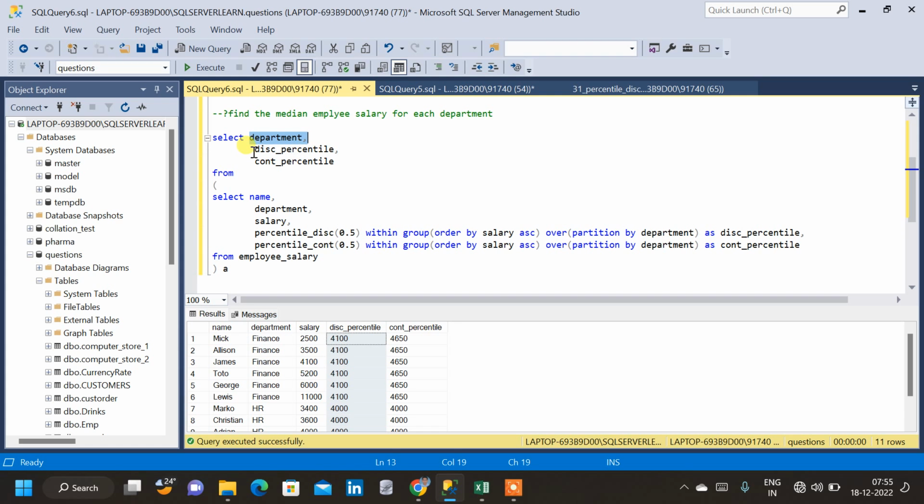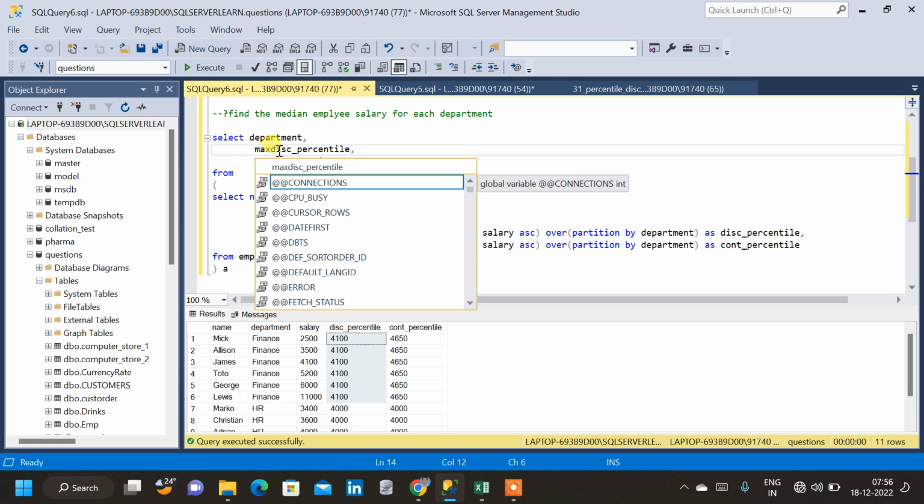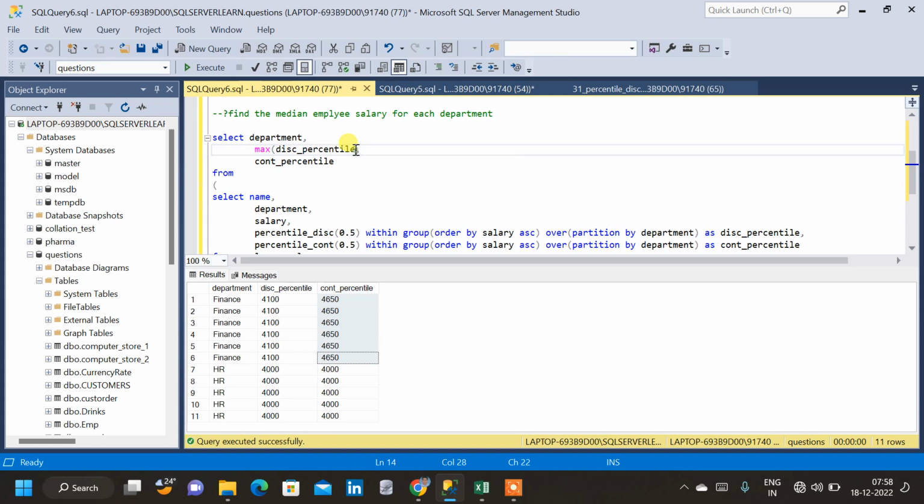So here I am going to use an aggregate function, that is max, because either way for a department, if we see the subquery result, we can see that these results are the same for a department. So even if I am going to use max or min, it doesn't matter, because anyway we are going to get the same result, that is 4100. So I am going to use a max here, and the name is